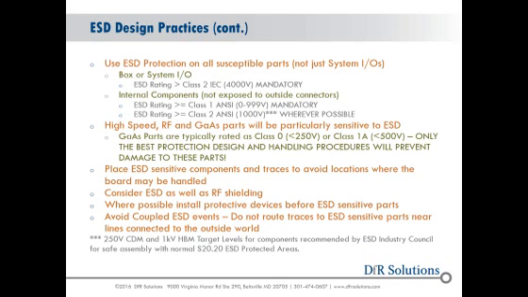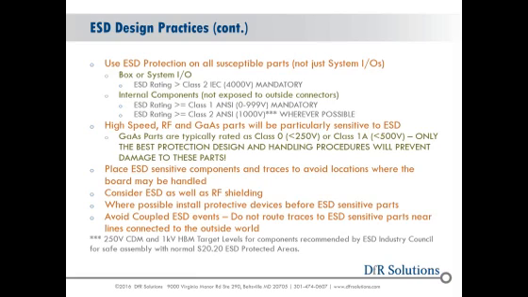So if we look at that and say, okay, use ESD protection on all susceptible parts, at the box or system, you can have an ESD rating that's, say, greater than class 2, which is 4,000. You might have internal components that are not exposed to outside connectors, and you have ratings for those. If you have high-speed RF or gallium arsenide parts, they are particularly sensitive to ESD. GaAs parts are typically rated as either class 0, meaning they're susceptible, capable of up to about 250 volts, or they might be class 1A, which is 500. So they're very sensitive, and only the best protection designs and handling procedures will prevent damage to those types of